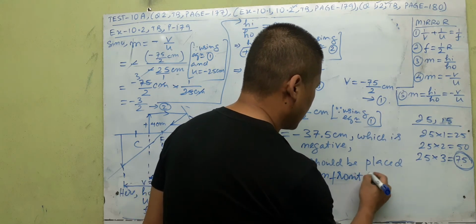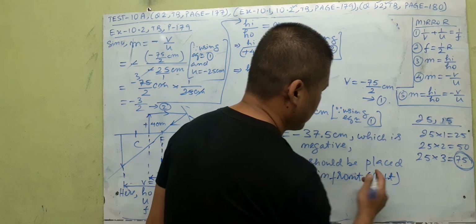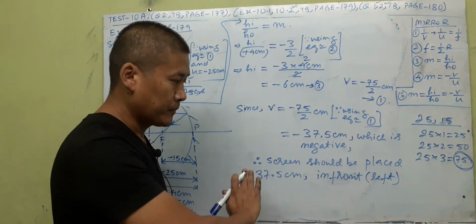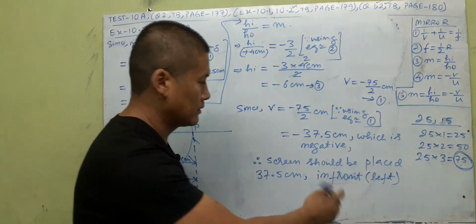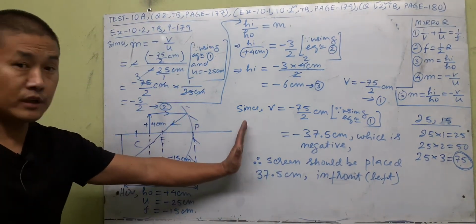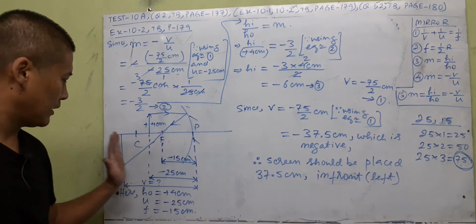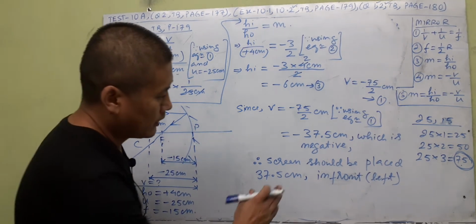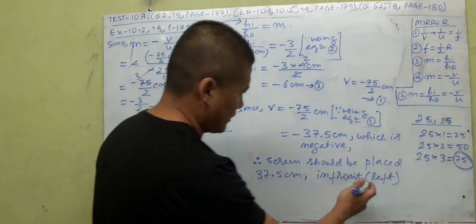In brackets you can indicate: in front means left side, because in front and left is always minus. Behind or right side is plus. But here it is minus, so we have to put the screen in front. See, if you put it behind you won't get it, because only a virtual image is behind. This is really inverted. So in front or left of